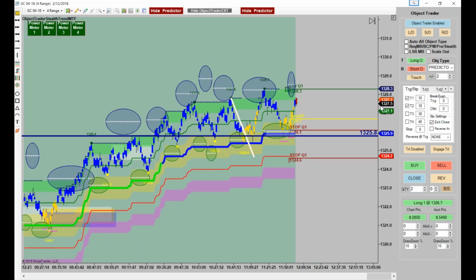Okay, so let's see if a couple more predictors will work out. And then I don't guess we'll get to stealth tonight, and that's not a big deal because I wanted to show predictor, by the way, is going to be more of a good retrace type trade. Stealth's going to be more of a breakout trade. Stealth trade will usually be a pretty decent trade unless you're in chop, but these predictor trades even work in chop quite often, and especially if you do it more the